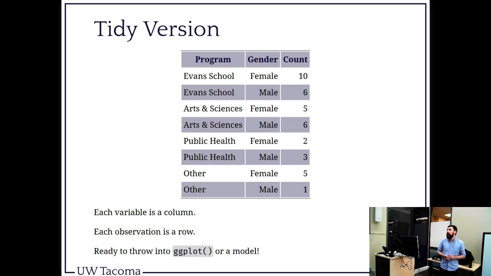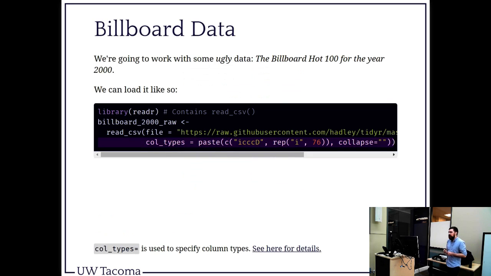Something like this would be ready to throw into any kind of statistical model in R, or throw into a ggplot, which I think I'll be doing a workshop on visualization next term maybe. We'll see. Yeah, this is the kind of format we want our actual data in. So we know Evans School, female students, there were 10, Evans School male students, there's 6, so on. This is tidy format. I'm going to talk about this more in a second. Okay, so